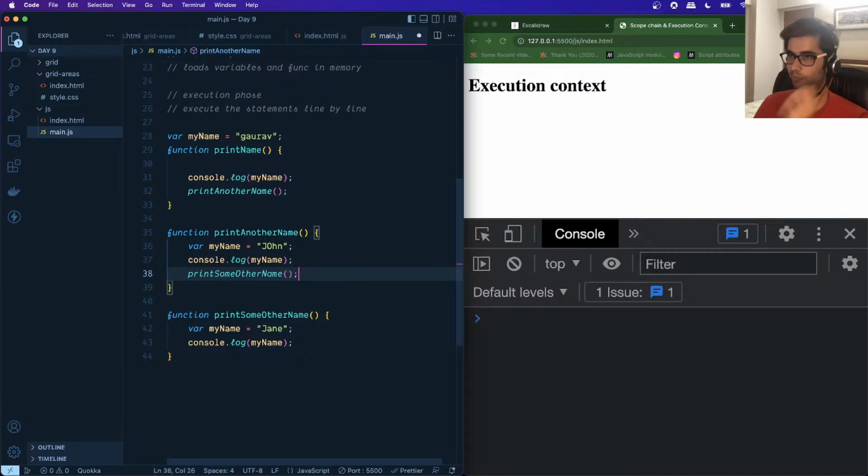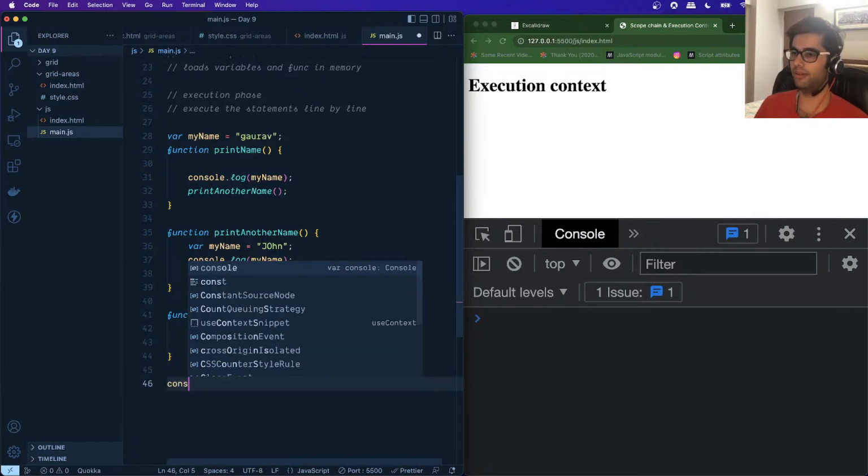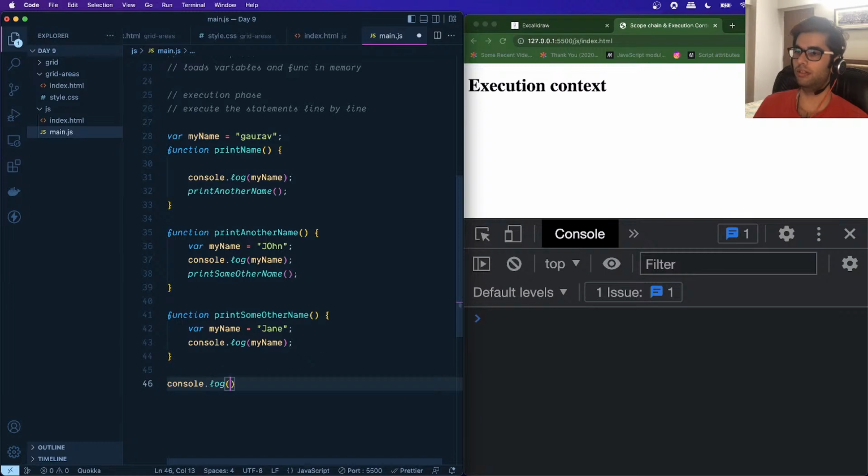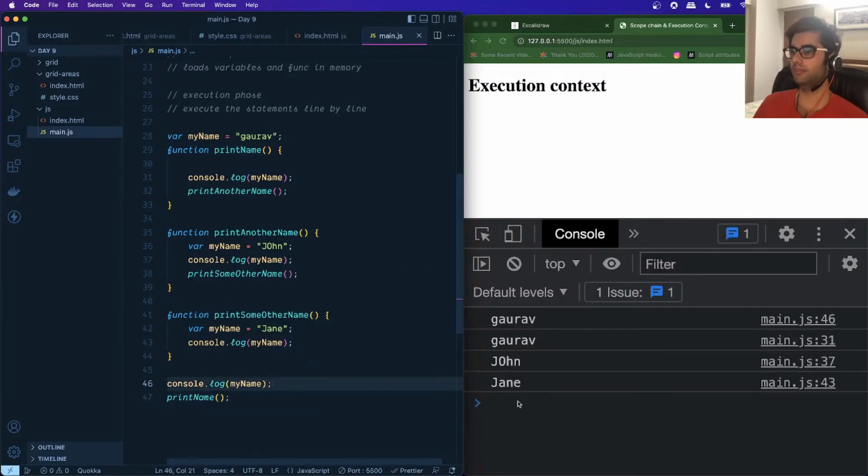Okay, and then lastly what we will do is we'll say console.log myName, and let's call the printName function as well. Okay,